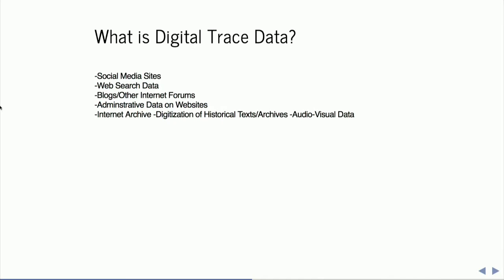So let's talk about some examples of digital trace data. Perhaps the most obvious one is social media sites: Facebook, Twitter, Instagram, whatever the kids are using today. Web search data, right? These digital traces of human behavior that we leave all over the internet. Some people still blog, I guess. So blogs, other internet forums, and